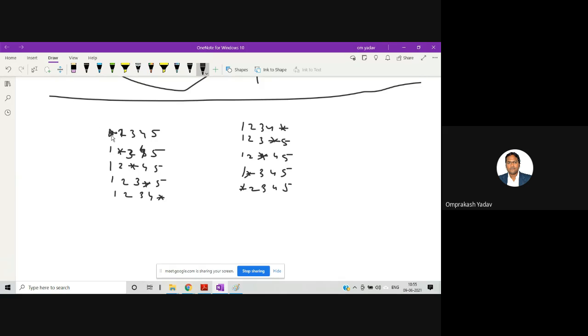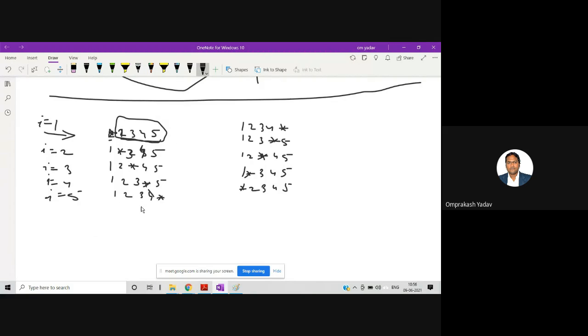What I am observing in this particular pattern is that whatever the I value is at that particular place, it's printing the star. Just check it. For example, this is the first row. In the first row I will be one, so at position one it's printing, right? In the second row I is two, so at the second position it's printing. In the third row I is three, so at the third position it's printing the star. I4, I5, right? So whatever the I value is, it's printing the star. And it's not printing all the numbers, right? After printing the star, it's printing the remaining numbers, 2, 3, 4, 5.